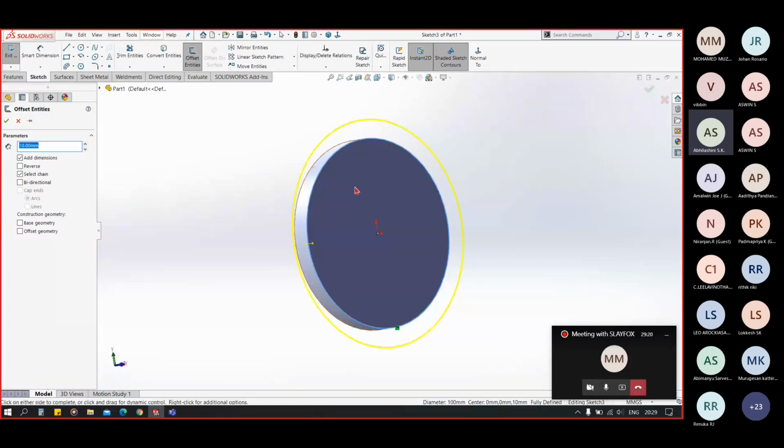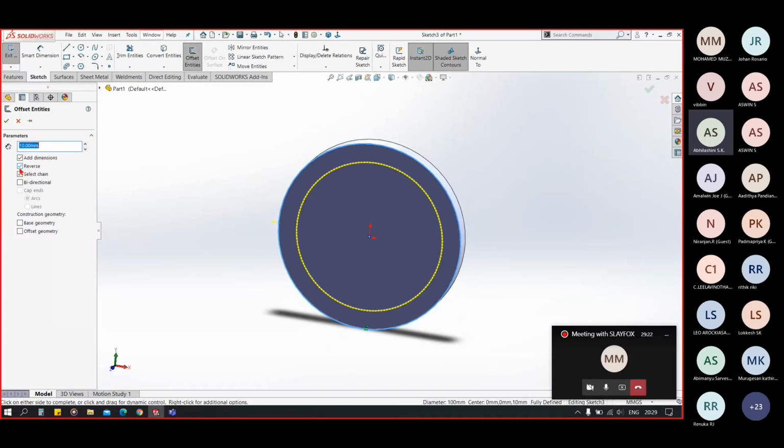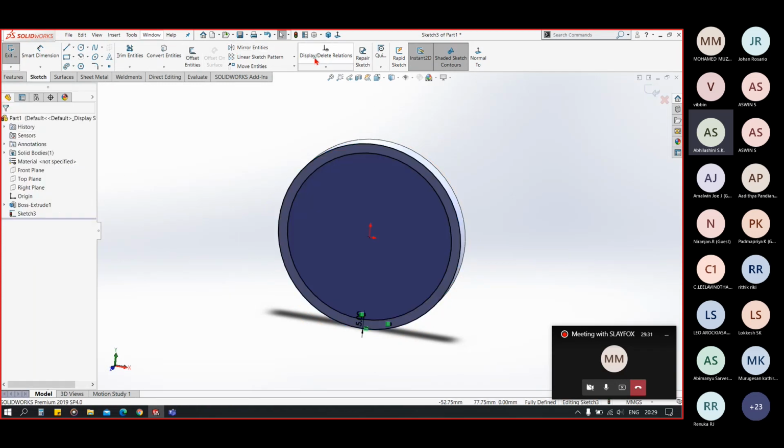Now similarly we have our offset feature. We can select the edge and offset inside or outside by giving an offset distance. Similarly, we have mirror entities. In mirror entities, we can have our sketch or some part of the sketch mirrored with the help of a reference line, so that on both sides of the reference line there is a symmetric sketch.